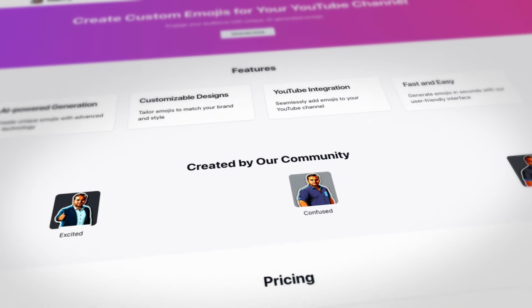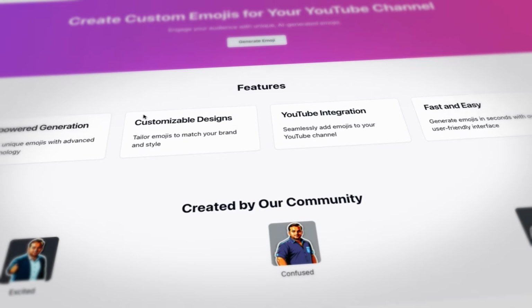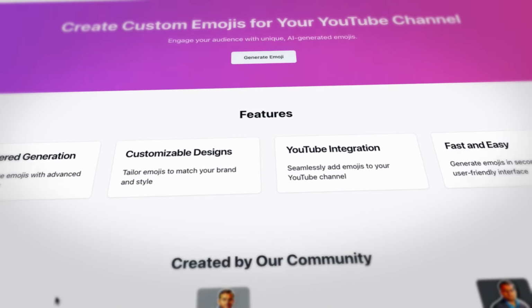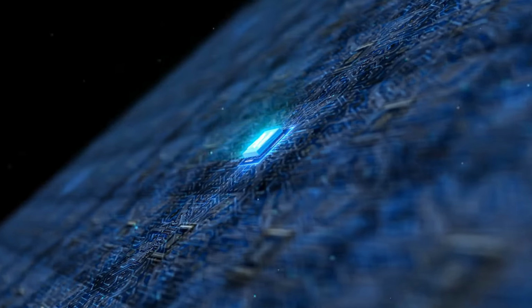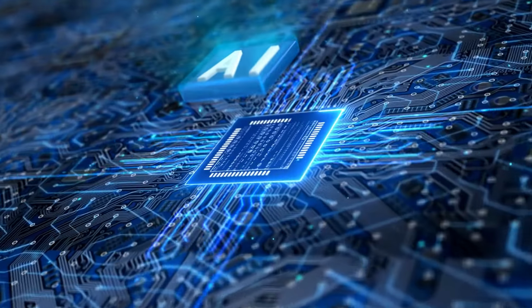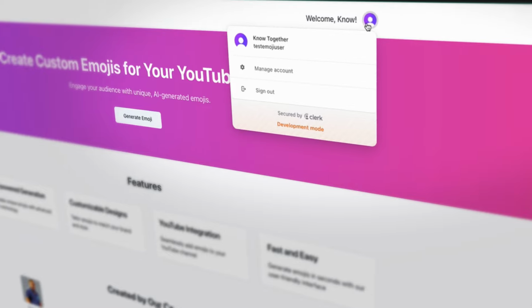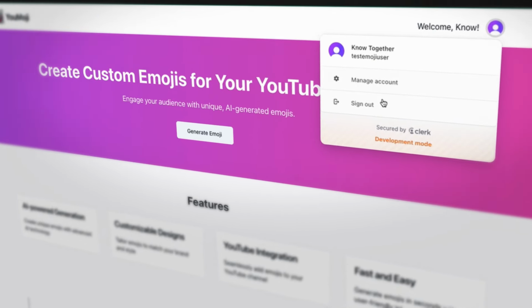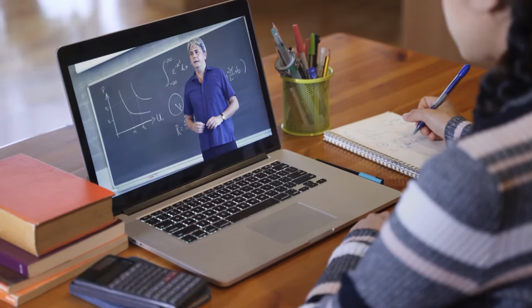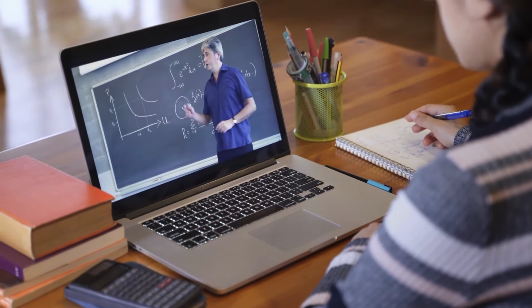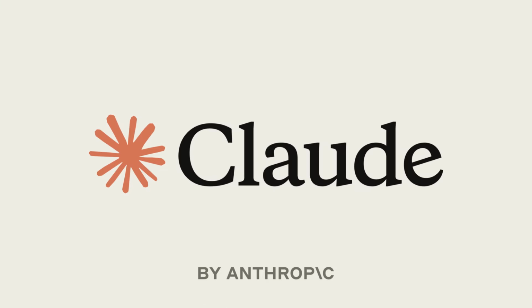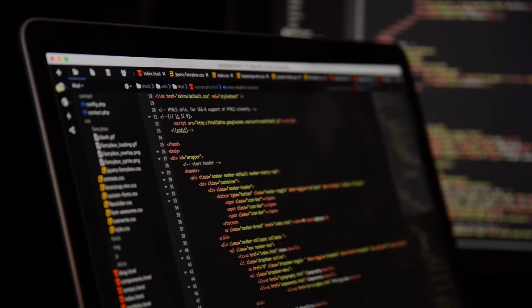What if I tell you that you can now have this superpower? Imagine a process that can harness the power of AI to help you become a full stack developer in just one day. Yes, that's possible. Welcome to this absolute beginner's crash course to use Claude AI effectively to create a full stack SaaS application in